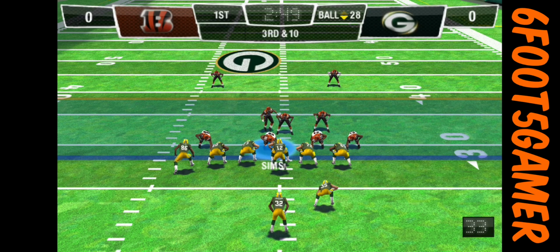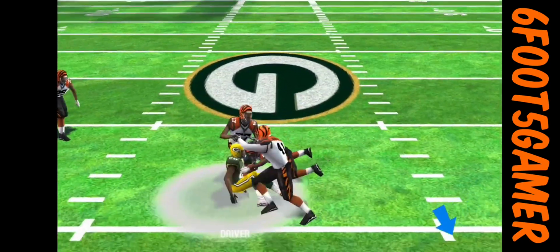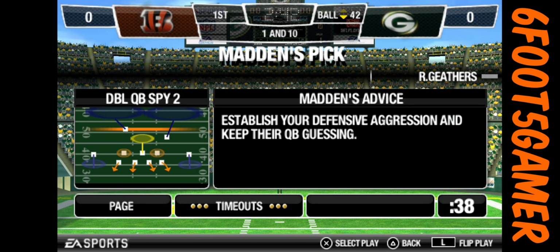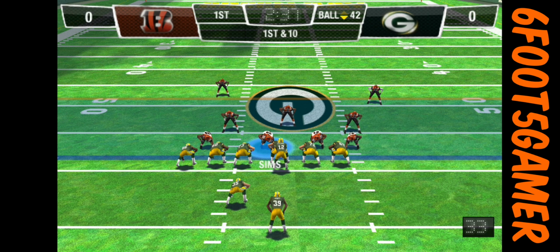The defense comes out in the dime package. Rodgers sends one of his guys in motion. He drops back to pass. Driver makes the catch, and that'll move the chains. And I'll tell you, where he made that play was right at the line of scrimmage. A great little move right off the ball, got the separation that he needed, and came up with a big